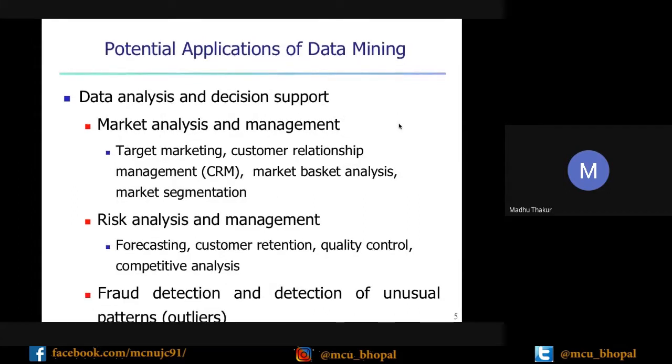Before that, there are some data mining applications. Why are we looking at this subject, data science? Because the applications of data science are the same as the applications of data mining. Market basket analysis, target marketing, customer relationship management.